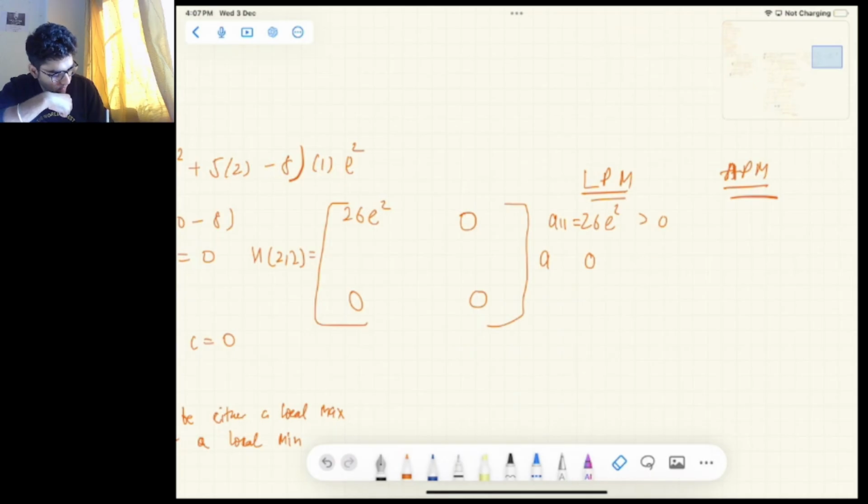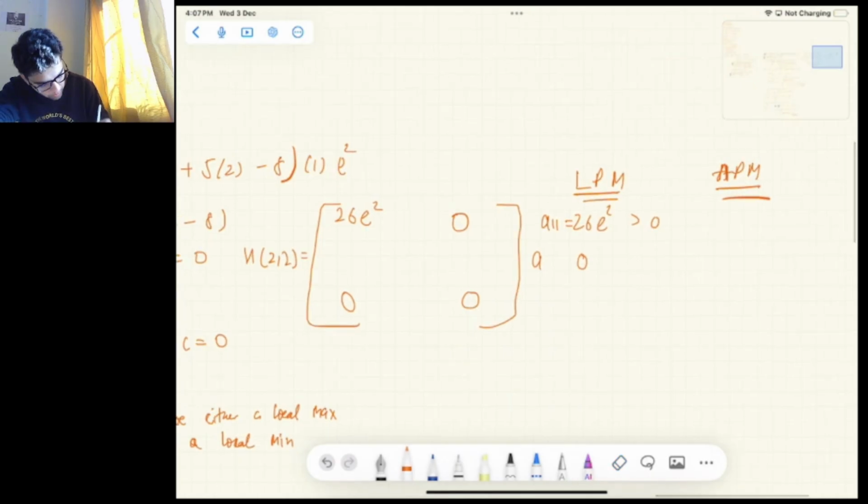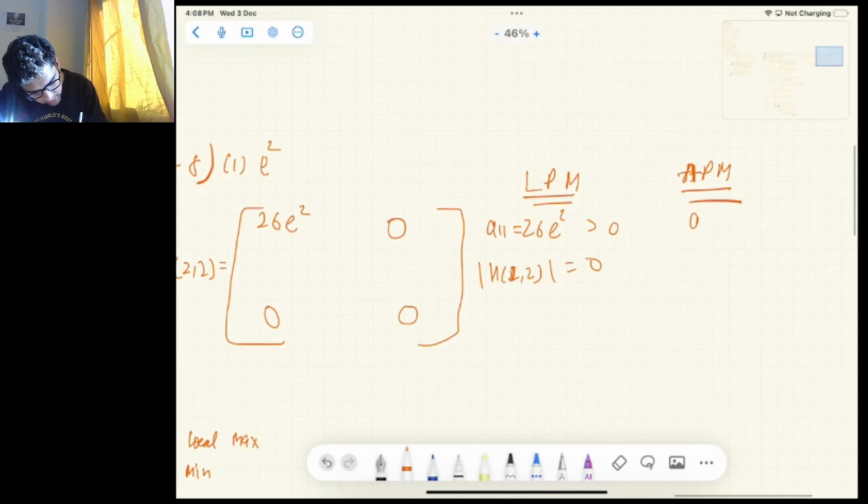So A11 and the determinant of my Hessian matrix is 0, and if I find all my principal minors, they are also positive. A11 is positive,